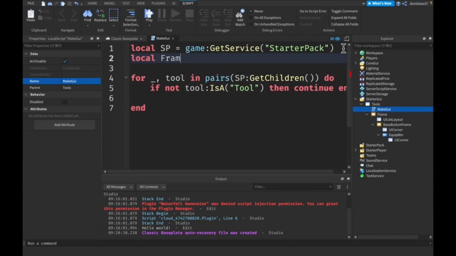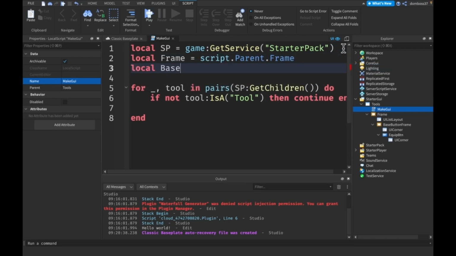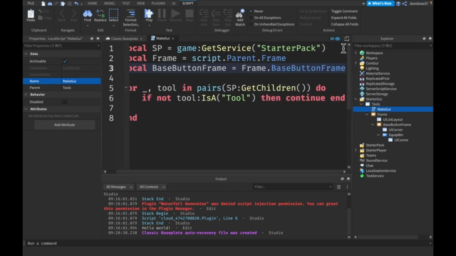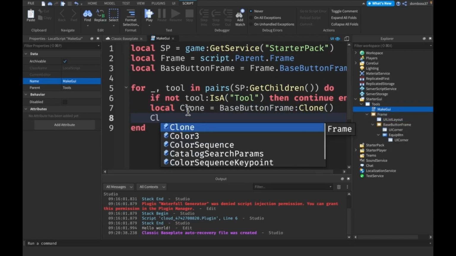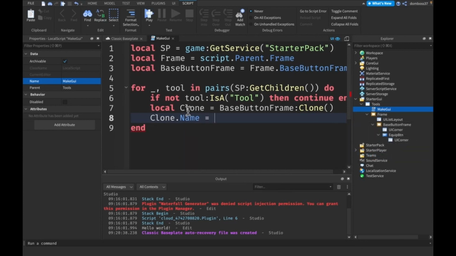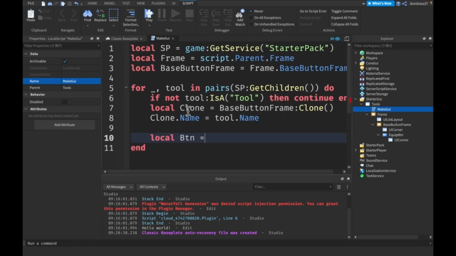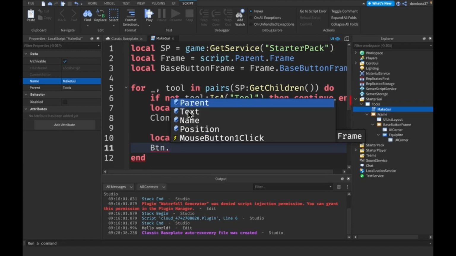We'll have like the local frame is equal to script.parent.frame. We'll have the local base button frame, it's going to be equal to frame.baseButtonFrame. And then here we'll have a local clone is equal to baseButtonFrame colon clone. We'll have clone.name equal to our tool dot name. Say local button is equal to clone dot equip button. We'll do button dot mouse button one click